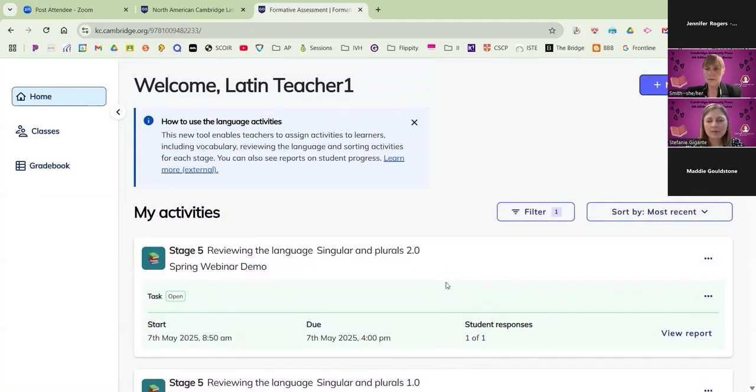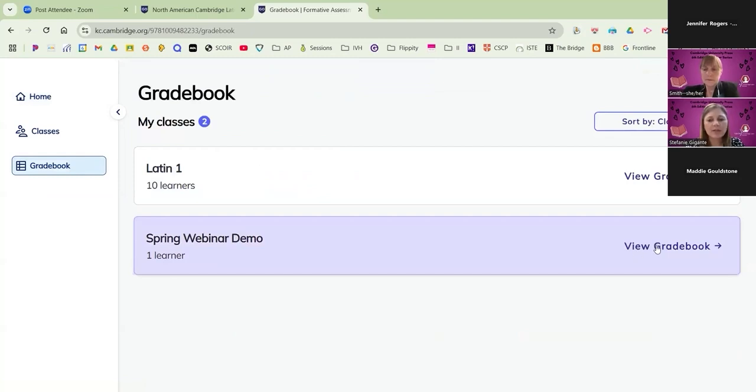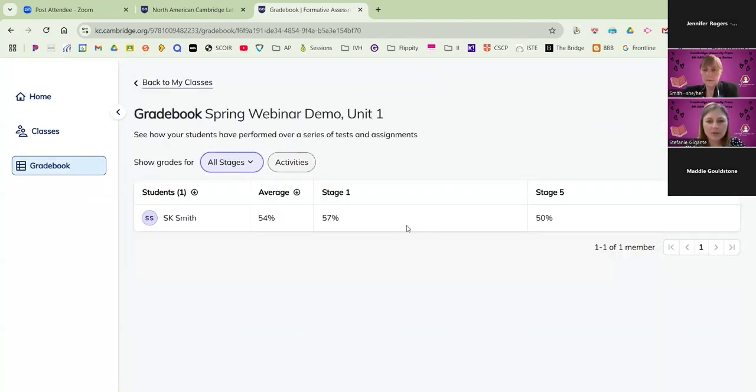I also wanted to bring up the idea of the student gradebook and seeing what you can learn about the student by themselves. So if I go to the gradebook, you're going to notice something, and I'm going to actually have to go back and fix something before I show you the whole gradebook. So right now, I only see activities from stage 1 and stage 5. And you might be thinking, well, I'm pretty sure I just saw a laundry list of other activities.